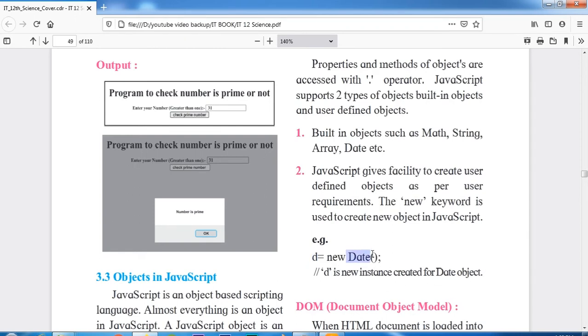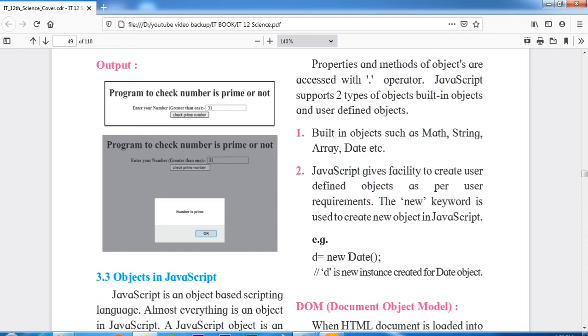Date is a built-in object, and a new date will be accessed by my D. Similarly, if I use F = new Date(), then F will be my new instance of the Date object.